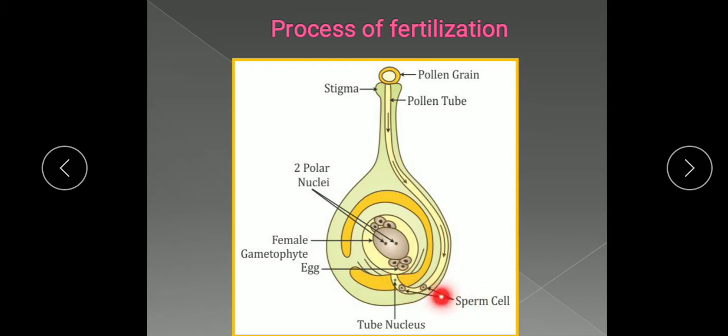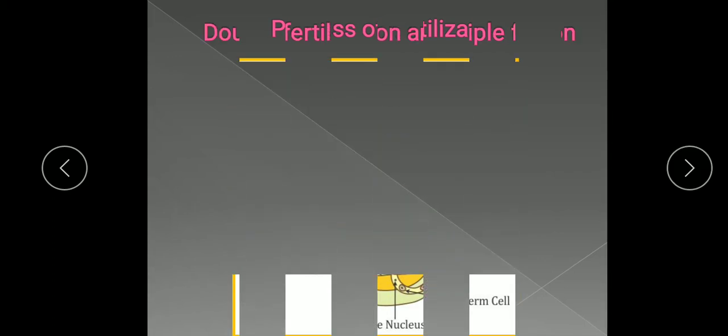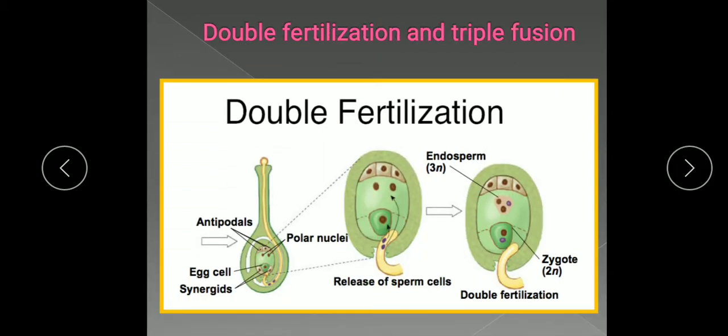This other sperm cell goes and fuses with the secondary nucleus. So here is the fusion of the secondary nucleus and this male gamete, and the structure which is formed is known as the endosperm. So let me see its detail further here. This fertilization is termed double fertilization. How is it? I'll tell you that as one gamete, which one? The male gamete.